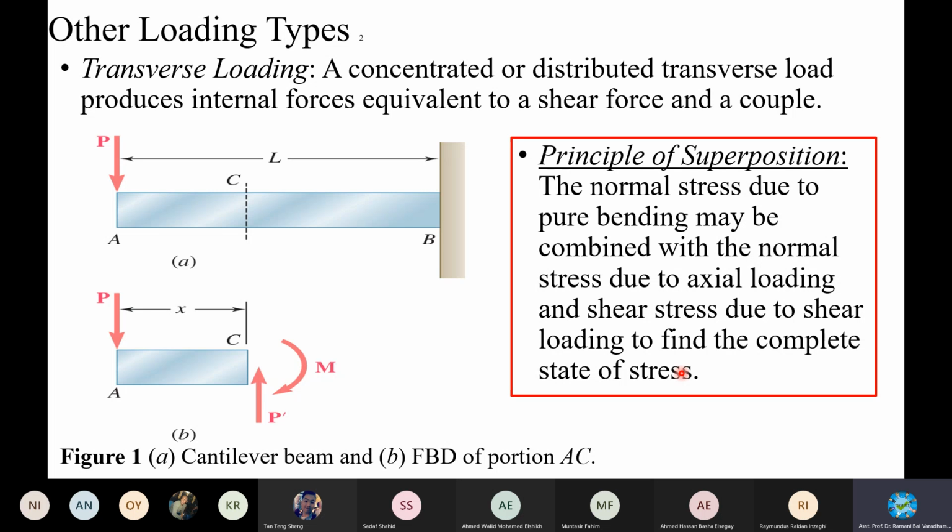If you want moment, stress is equal to, sigma is equal to, anybody? You already derived the equation, right? If moment couple is given, you can still find out the normal stress acting on the member. Sigma is equal to, recall your bending equation. Sigma is equal to My over